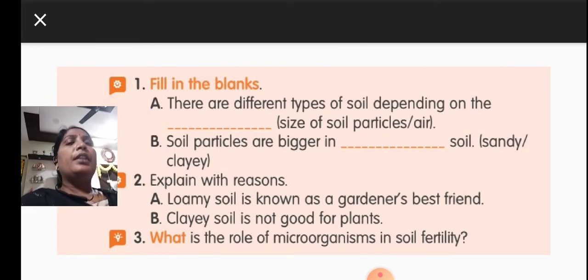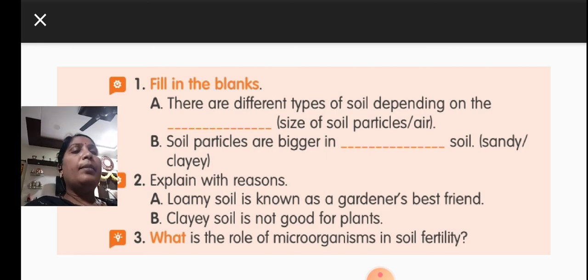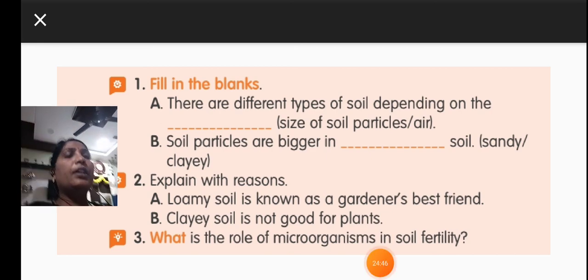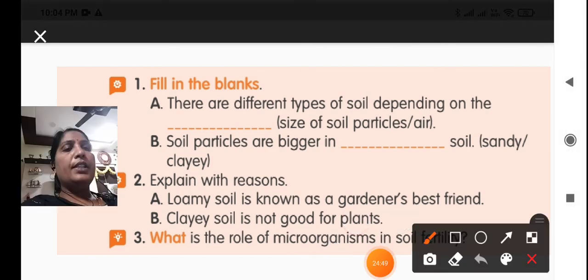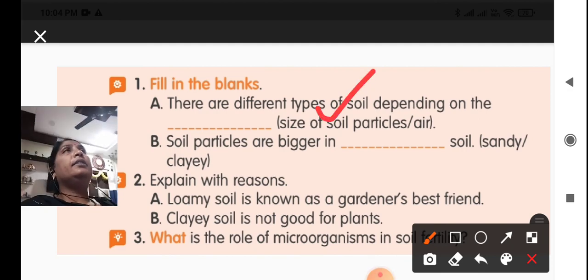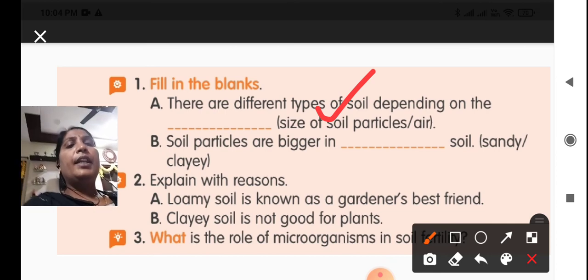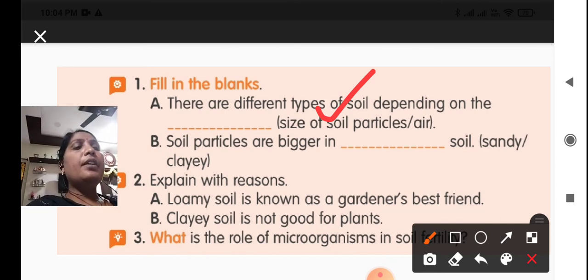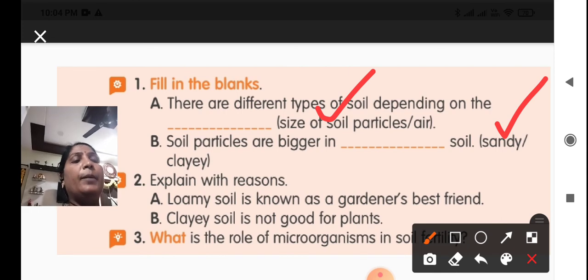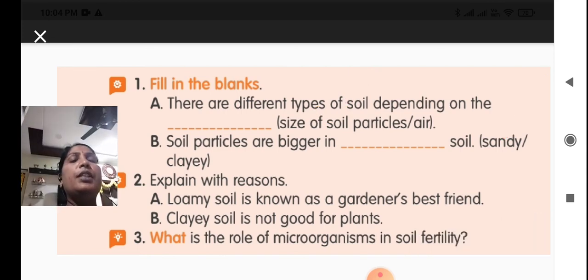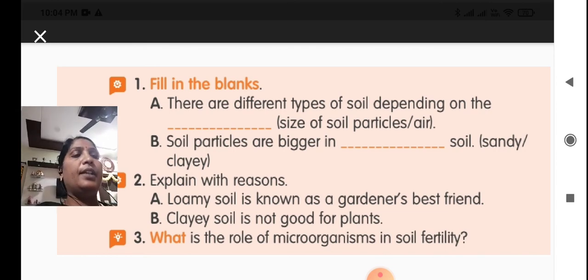So here, there are different types of soil depending on the size of the soil particles. The soils are different depending on the size of the soil particles. And the next one, soil particles are bigger in which soil? That is sandy soil. Now the next question is, loamy soil is known as the gardener's best friend because